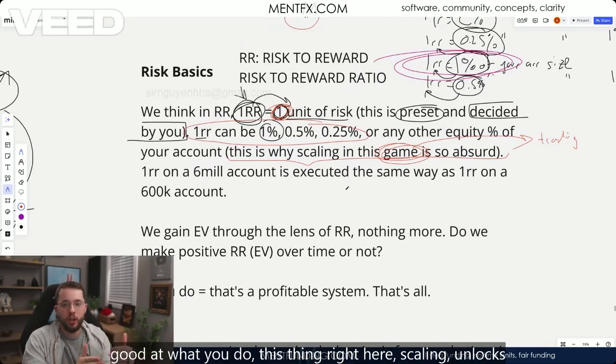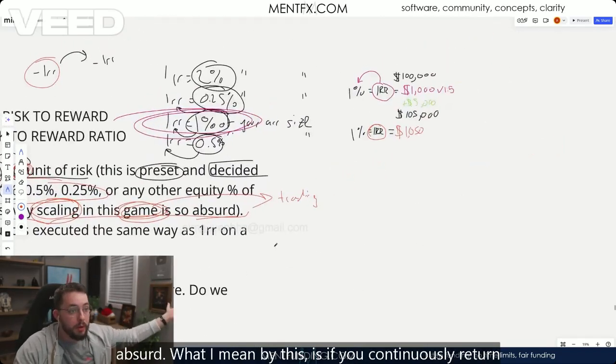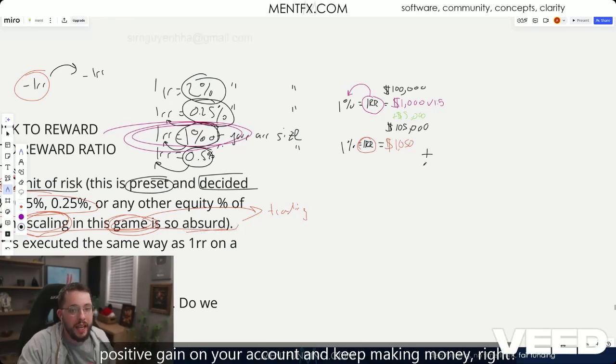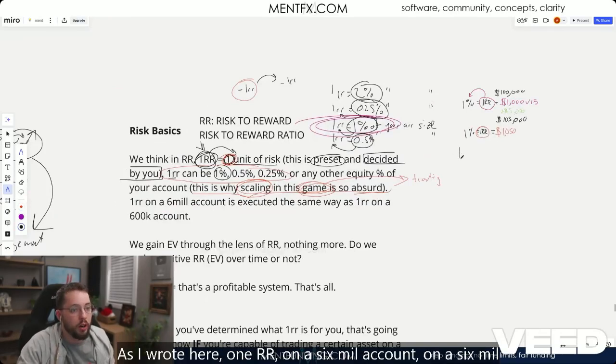Because if you get good at what you do, this thing right here, scaling, unlocks such a beautiful thing for you that it becomes absurd. What I mean by this is if you continuously return positive gain on your account and keep making money, right? As I wrote here, 1 RR on a 6 mil account,